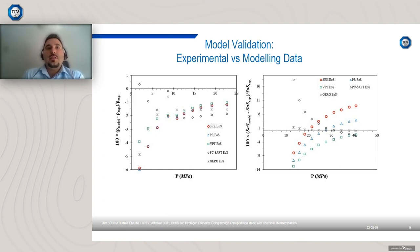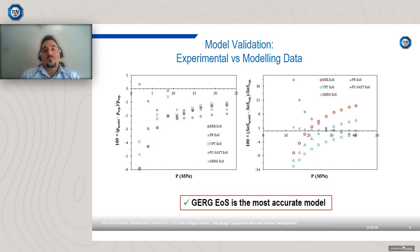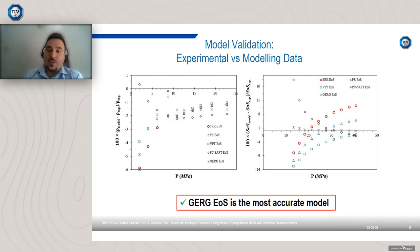Okay, now the question is how we can make sure about the accuracy and reliability of the model predictions. In order to do that, here you can see the thermodynamic model validation through comparing the modeling results with the experimental data. Here we presented the average deviation of the modeling results from the experimental data for both density and the speed of sound to assess and evaluate the outcomes of different utilized equations of state,